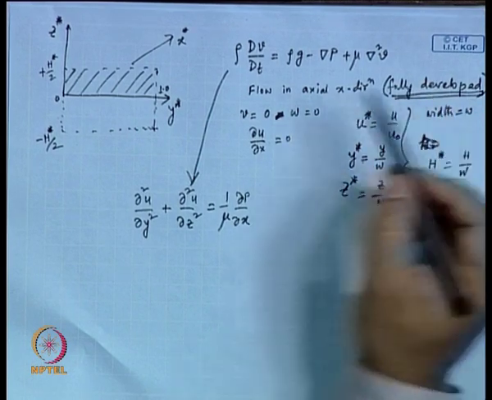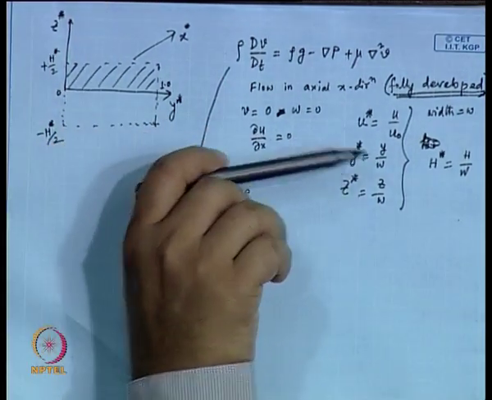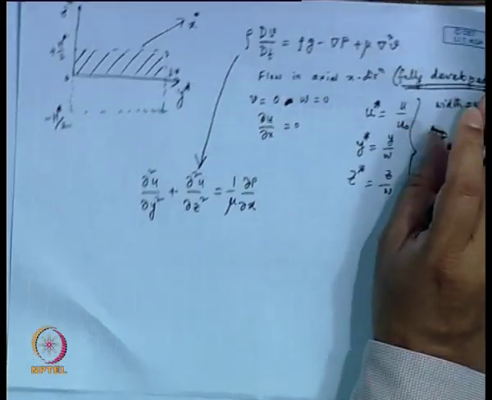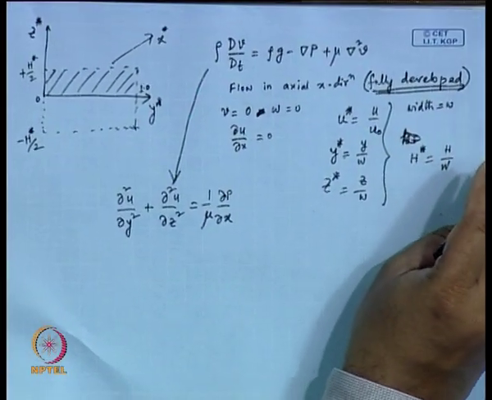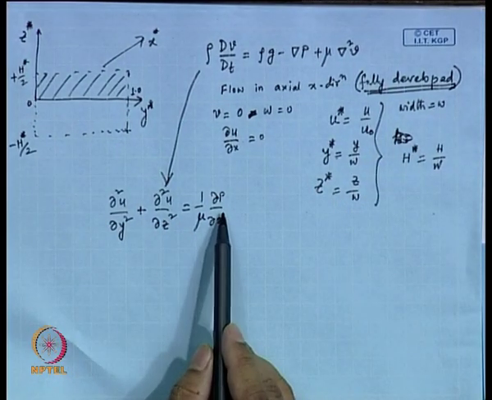Okay. So, there is absolutely no flow in this direction, there is no flow in this direction, flow is only taking place in x direction and that flow is also not changing with x. That means, flow is fully developed. So, that is what we have, and now if we try to solve this equation,